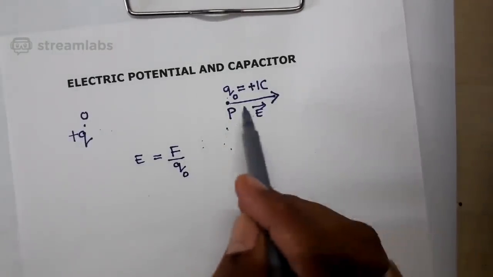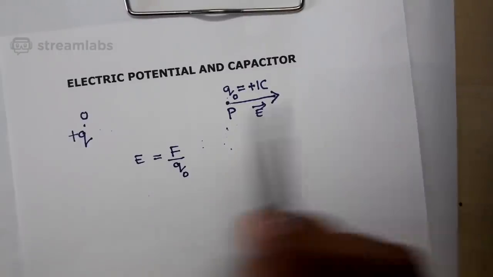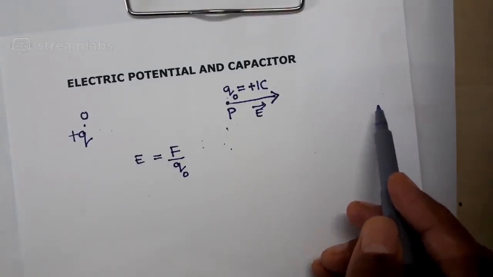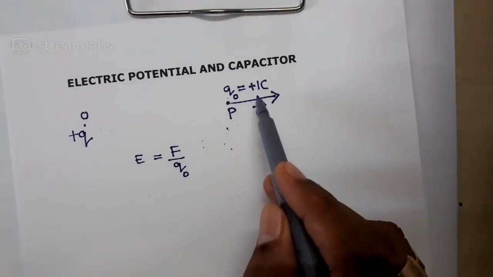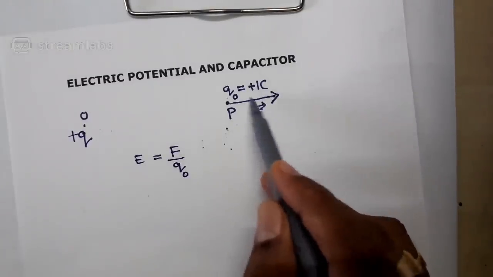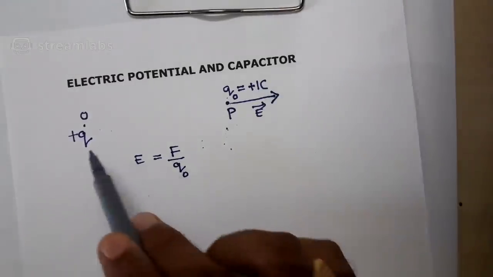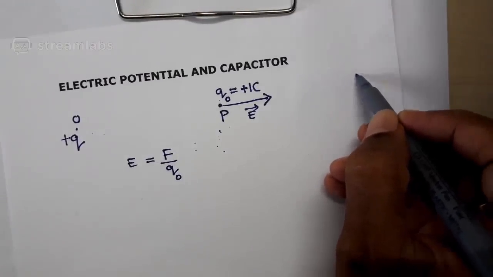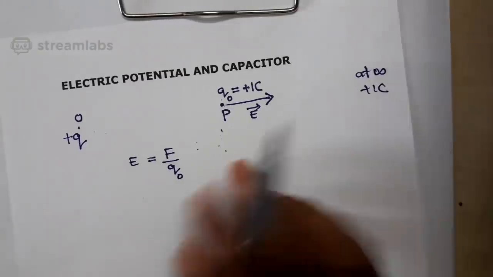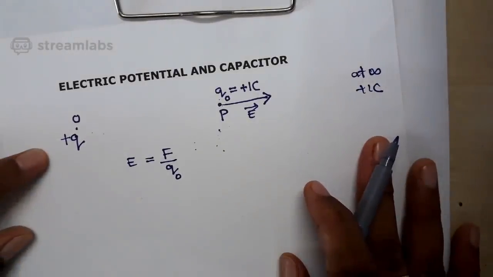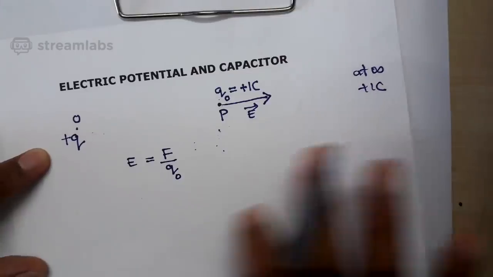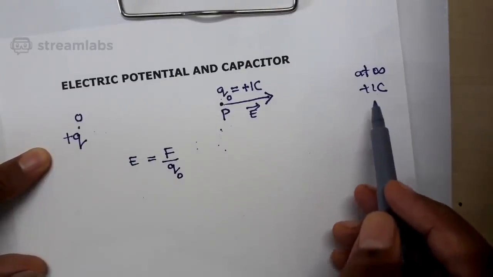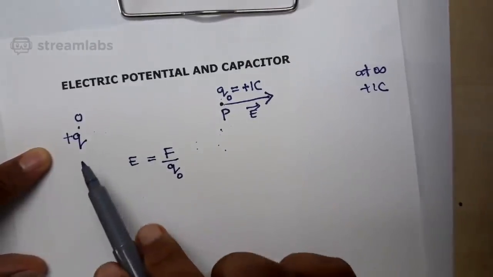Practically speaking, when you say a plus 1 coulomb charge is a very large distance away from a plus q charge, it will experience a force, but it should be a very weak force. And if you are expecting the force to be zero, I would introduce some theoretical logic: the plus 1 coulomb charge should be assumed at infinite distance away from the plus q charge. Practically speaking, the plus 1 coulomb charge is a large distance away from the plus q charge. Theoretically speaking, it is at infinite distance away.